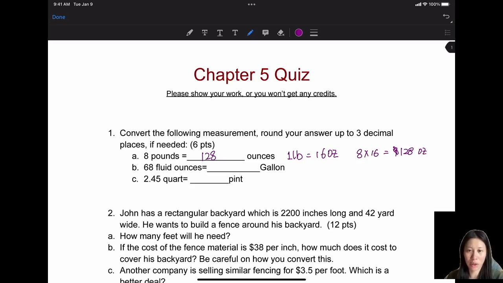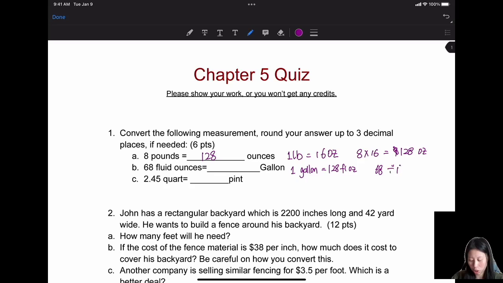Okay, 68 fluid ounces equals how many gallons? So 1 gallon equals 128 fluid ounces. So now we are transferring a small number to a bigger number. So what you would do is divide by the conversion unit. So we use 68